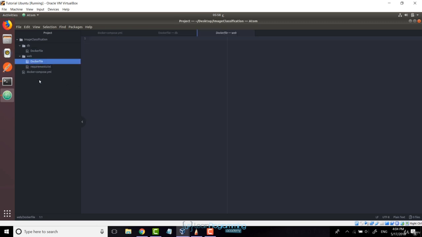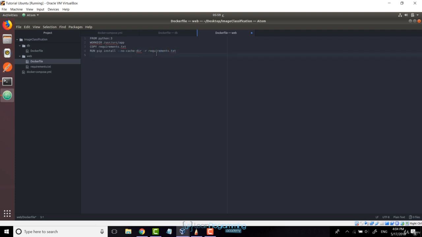Okay. Now we're going to go to the Dockerfile for the web, which has a couple more lines of code, right? So the first thing is, again, we need Python, right? We've been talking Python all this time, so we need Python. And then we're going to change the work directory to /usr/src/app. And then we also need to copy the requirements. So COPY requirements.txt. And we also need to run pip install and then --no-cache-dir -r